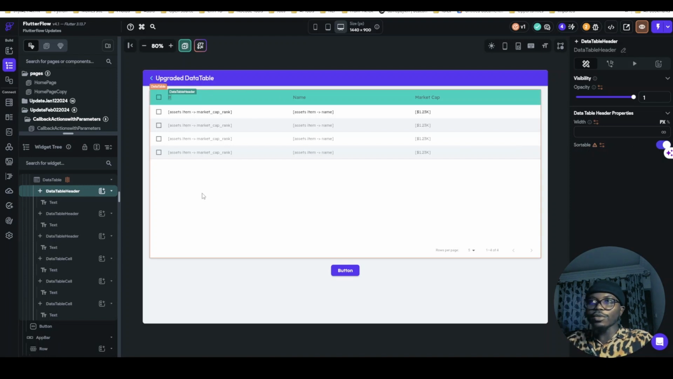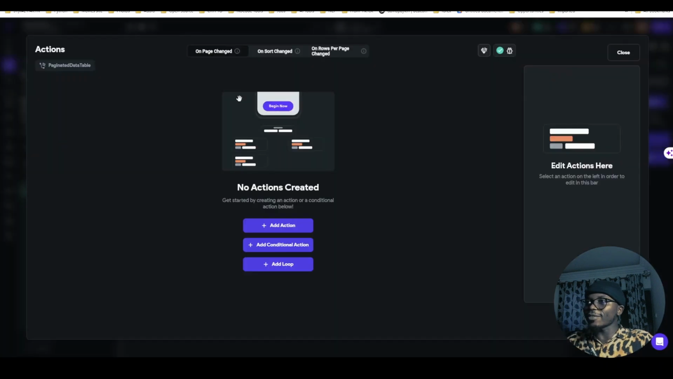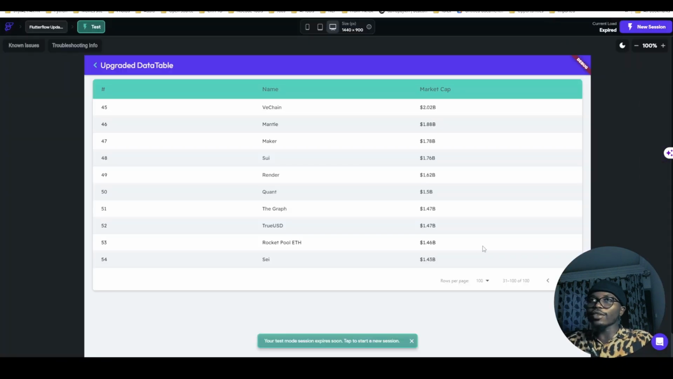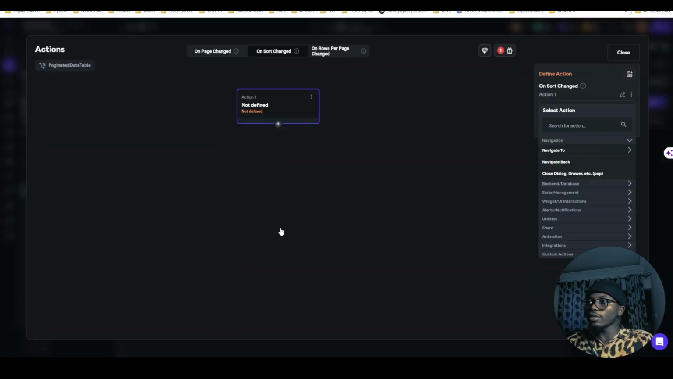And then our data table, let's see the actions that are available on it. On page change, on sort changed, on rows per page changed. There are so many actions, like on this rows per page change, on the next page, or on sort. Now I want to sort. Let's see what is going to happen here. On sort change,